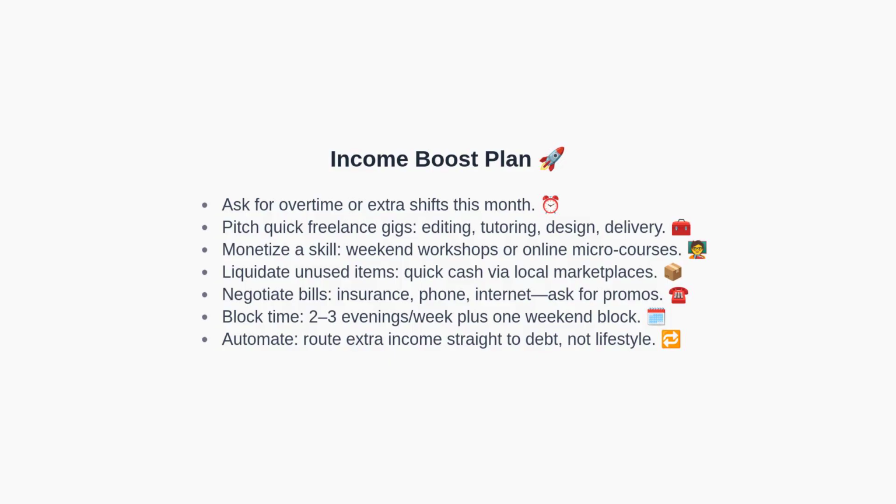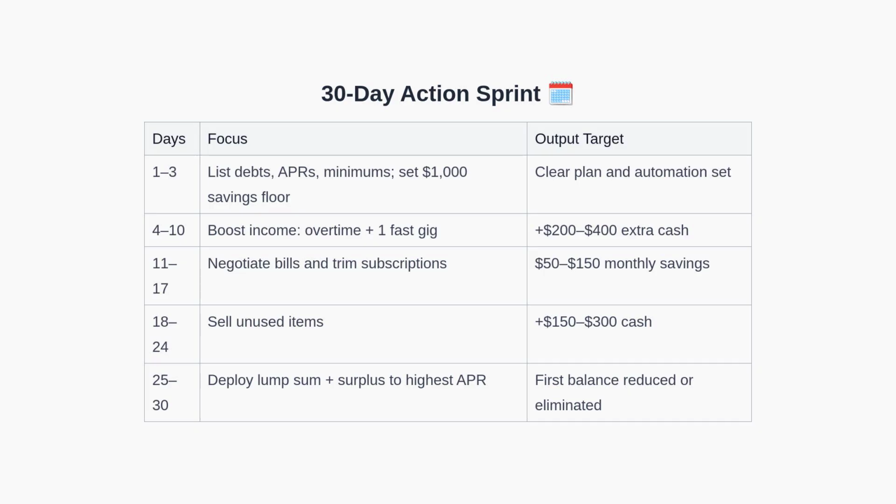With that extra cash flow planned, let's translate it into a 30-day action sprint. This 30-day sprint converts intention into action. In days 1 through 3, list every debt with balances, interest rates, and minimums, and set a $1,000 emergency floor. Automate payments and transfers. During days 4 through 10, add overtime or one quick side gig to generate $200 to